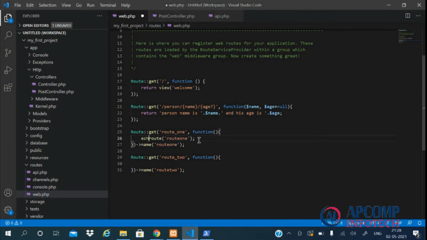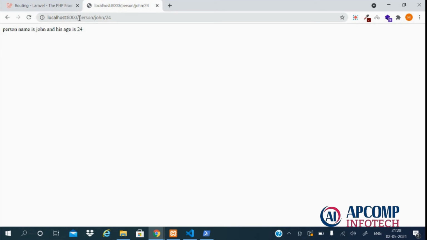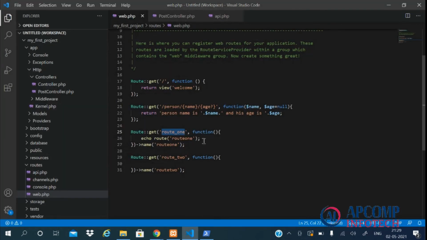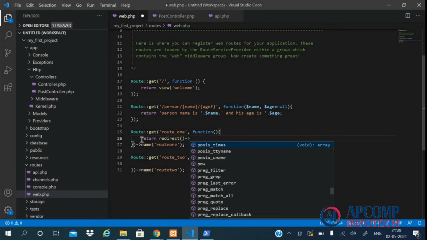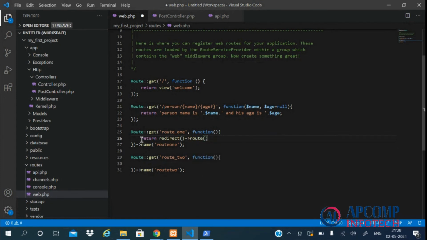Let's echo it and let's go to this route. See, we got the URL of this route. And for redirecting to a named route, we can simply use the redirect helper provided by the Laravel, which is return redirect, and pass the route name like this.